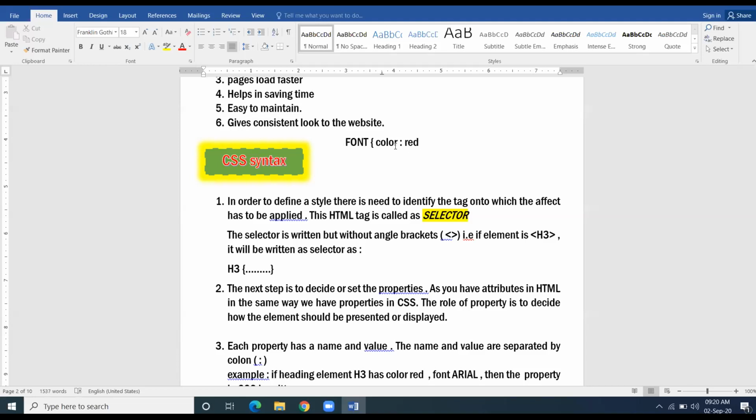No need to write value in double quotes. Skip the double quotes. Put semicolon after the property is finished and close your curly bracket.